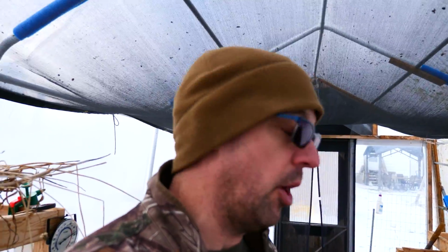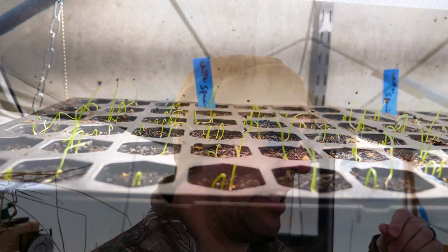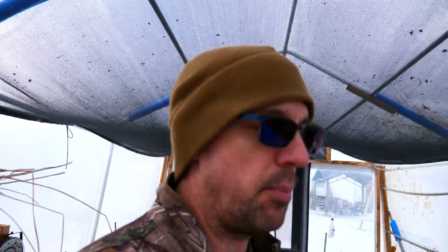It is the last Saturday of February, and looking forward to the beginning of March. Maple syrup season is coming up. We've already got some things in dirt with our onions. We got onions growing in the basement right now. Those have sprouted, and within the next couple weeks, it's gonna be time to start getting tomatoes, peppers, herbs, and